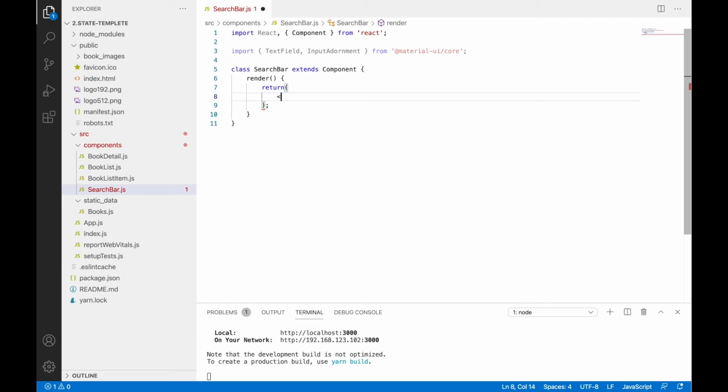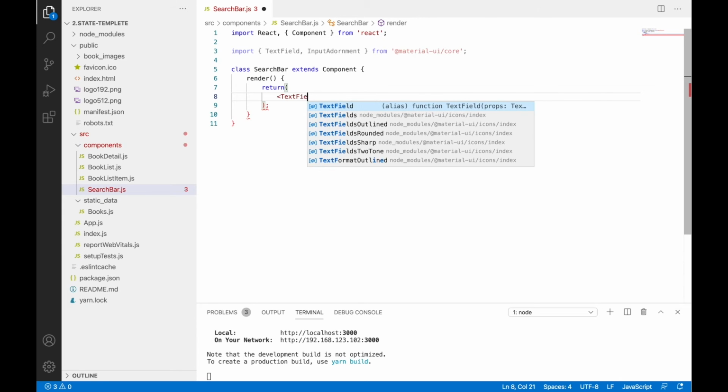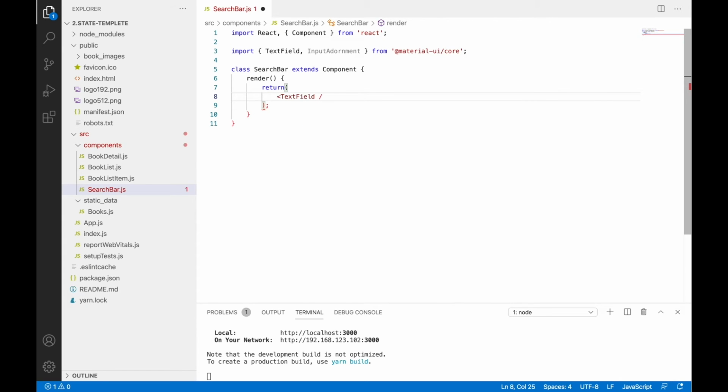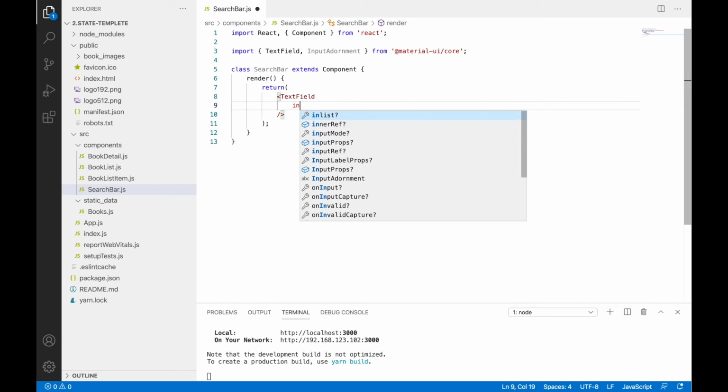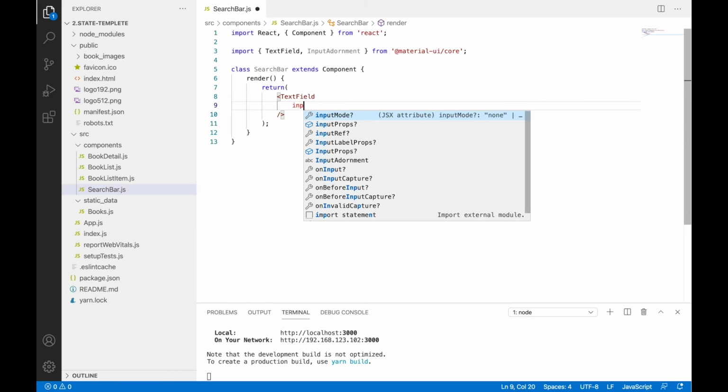So let's define a TextField, and you can define a text field and specify a prop for the input as a property of this text field. I'm going to specify the props for the